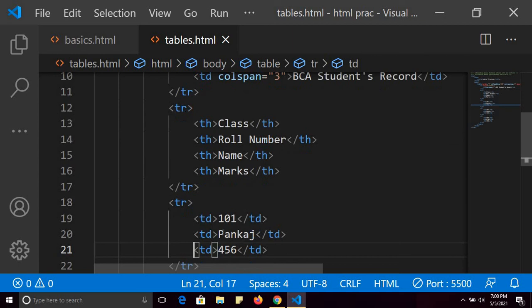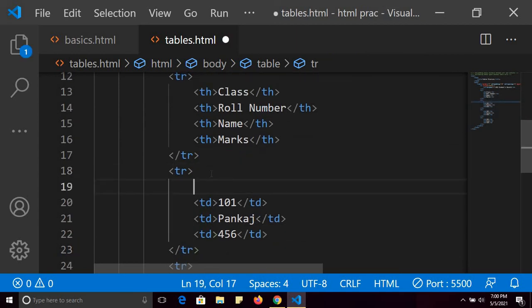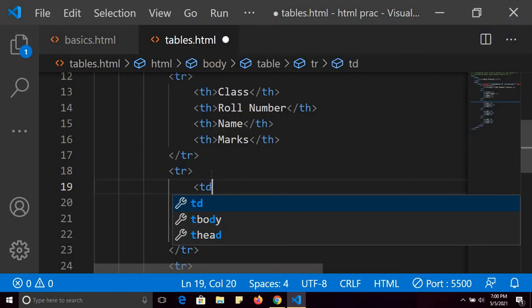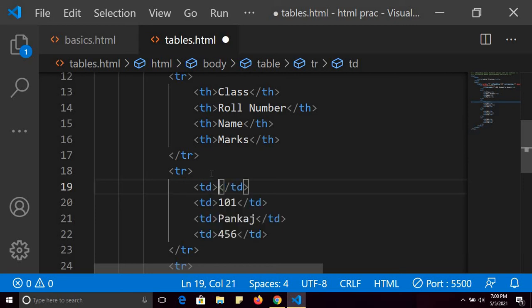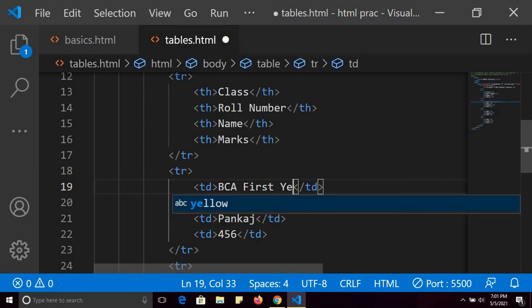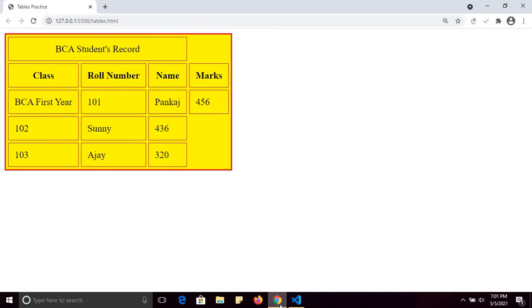Fine. So in the first row where I am storing the data, I have to use... suppose I want to store the data of BCA first year. Let me show you the output.